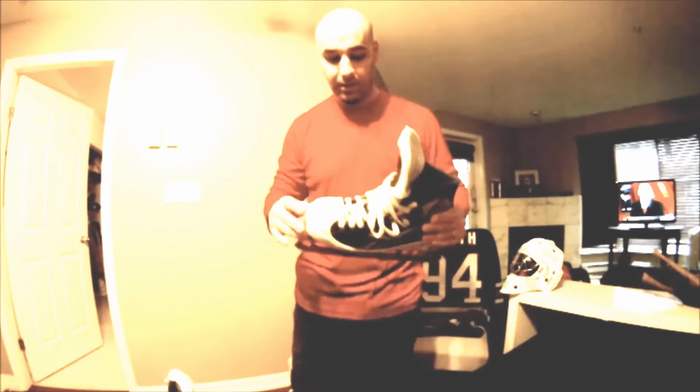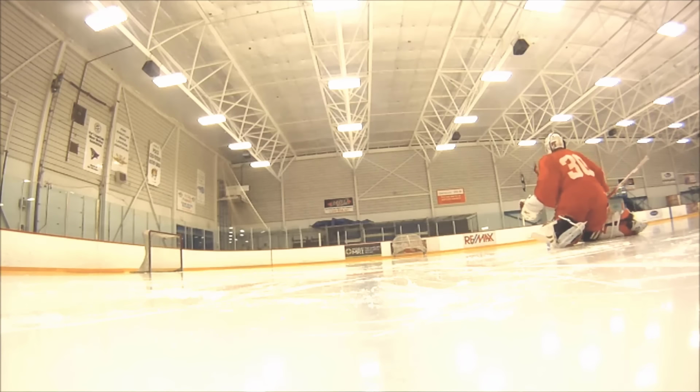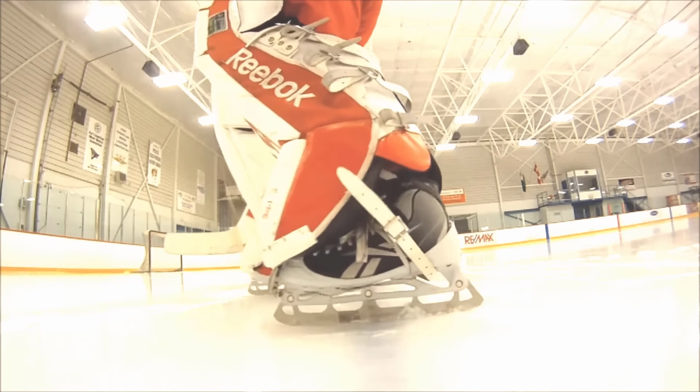YouTuber GoProGoalieUzi explains it best here. I picked up the Extreme Step Steel blade. I'm hoping that this blade here is going to help me with slides and recoveries, make my movements a bit quicker. What this blade is going to do is it's going to make you appear as a bigger goalie because